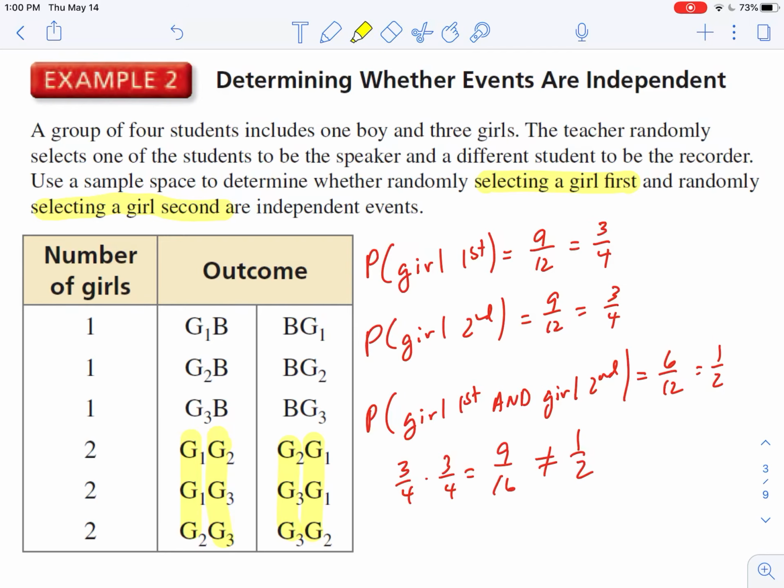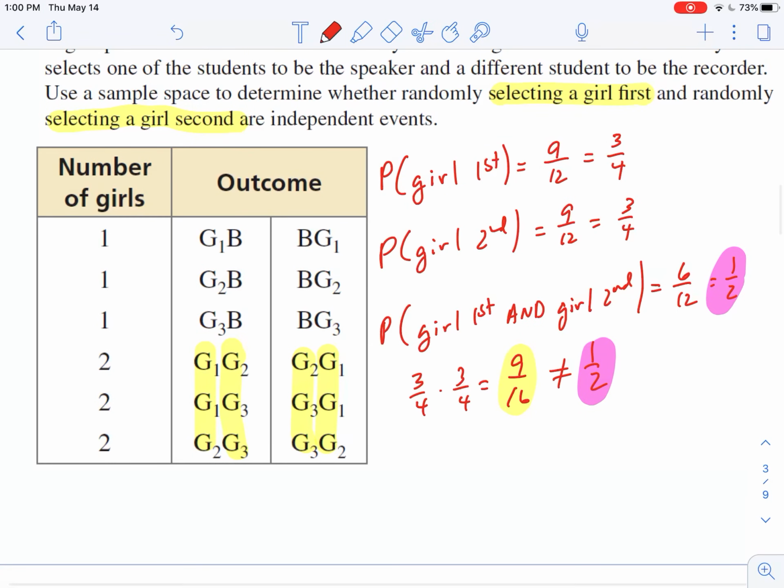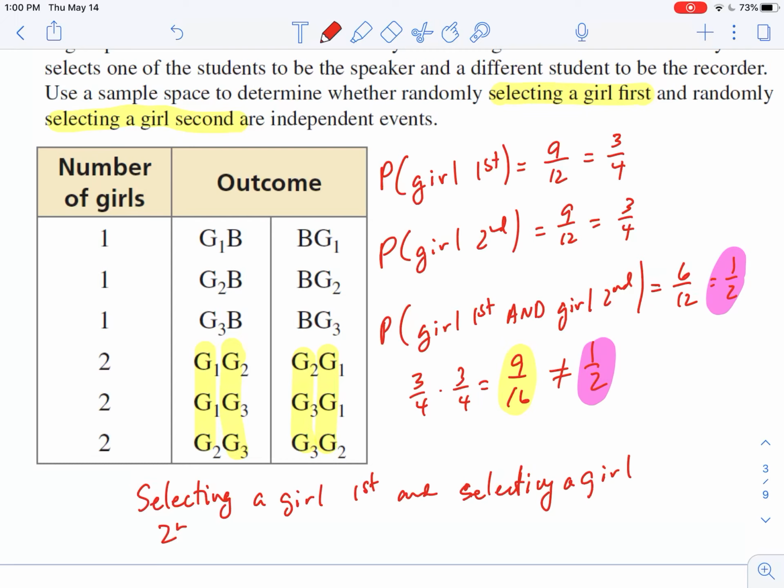So we could highlight this and say 9/16, and we could highlight this and say 1/2. Since these numbers are not the same, then we know we can easily say selecting a girl first and selecting a girl second have to be